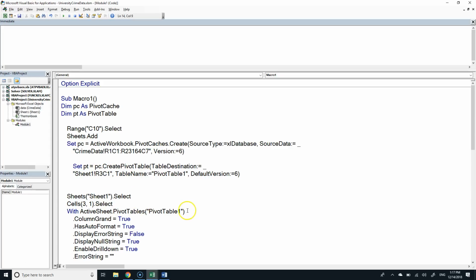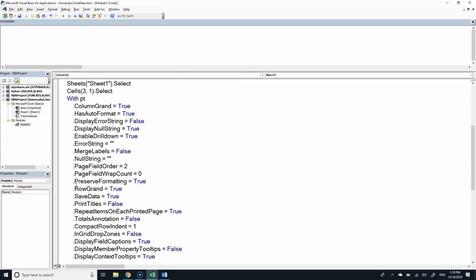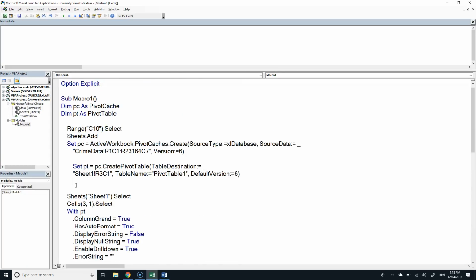So now anywhere else we're referring to a pivot table, we can just say pt. And that's our reference to the pivot table. But that's the difference between those two. So we really could, how much code would that take? It'd probably take a little more than we want to do.